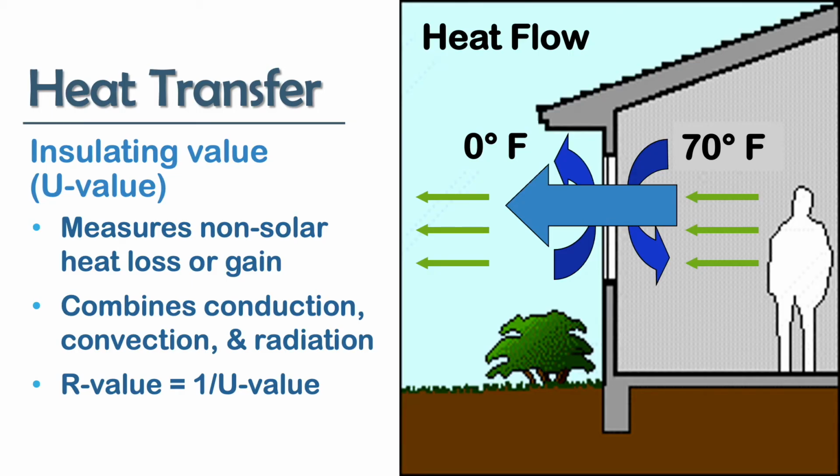So looking more at heat transfer, I'm going to start off talking about U value, and the next slide will be about emissivity, low E. If we look at the image to the right, we'll see that we're looking at a diagram where outside is 0 degrees Fahrenheit, very low temperature, and 70 degrees inside, and we have a multitude of different types of heat transfer happening through there.